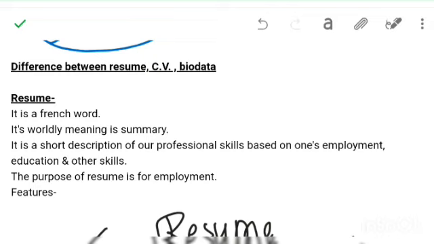Next comes the chronological order of content. We discussed that in a resume we write in reverse order. For example, you are a postgraduate person, so first you will mention your post-graduation, then graduation, then class 12, then class 10th. But in CV, you follow the chronological order. Chronological order means first to last. Resume is reverse, but CV is first to last, and the same goes for biodata, first to last.